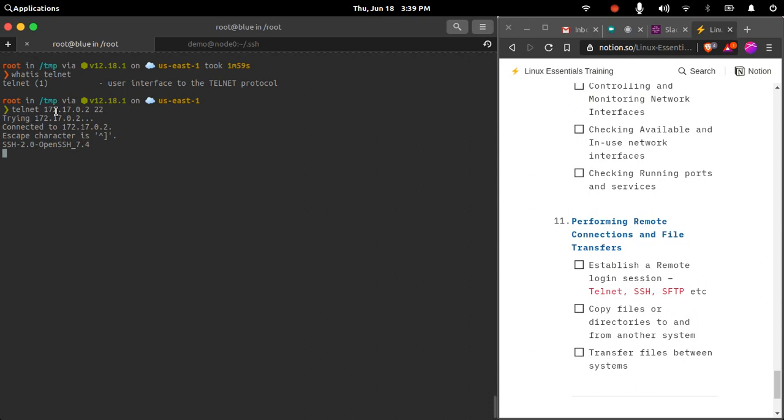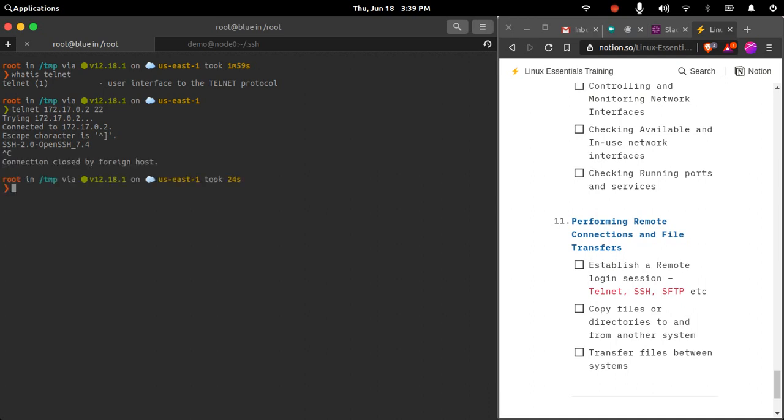Telnet will check whether that port is open, and it will establish a connection on that port. If you see, the connection is now established on port 22, and it gives me a little banner representing what application is currently running. I know port 22 is used by SSH, that's why I'm getting SSH here.